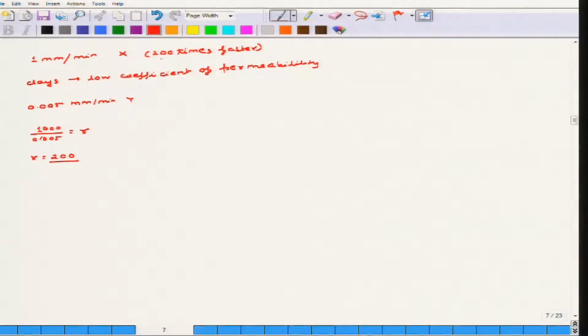Now as the sample in case of clays has a very low coefficient of permeability, obviously a higher strain rate will not encourage drainage, rather it will prevent the drainage in this case. So clays have a very low coefficient of permeability, so basically the pore water pressure, or u, would